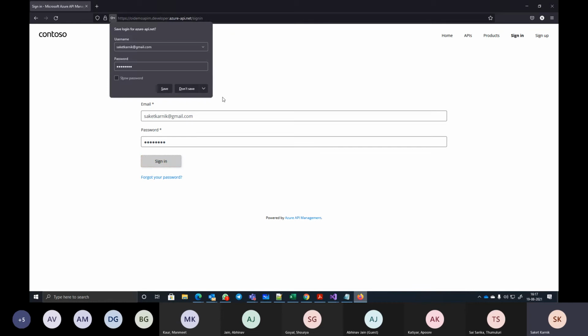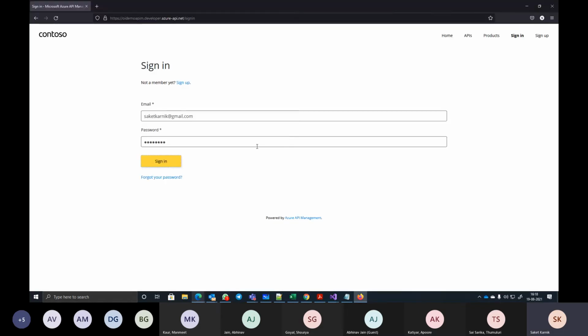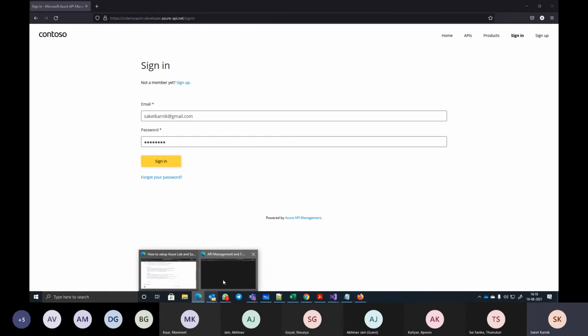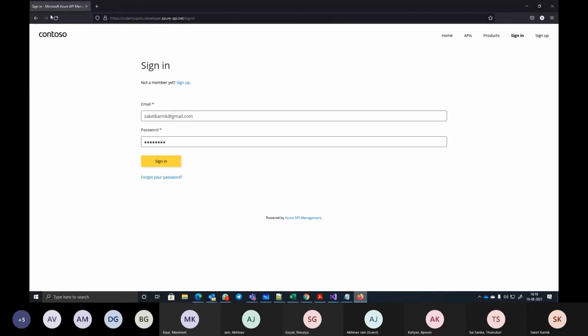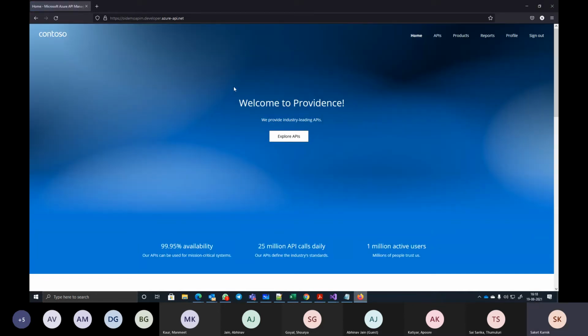Sign in. Looks like verification is not done yet. Let me refresh this page here in the Firefox and try logging in again. Yeah, it's done. It took some time.